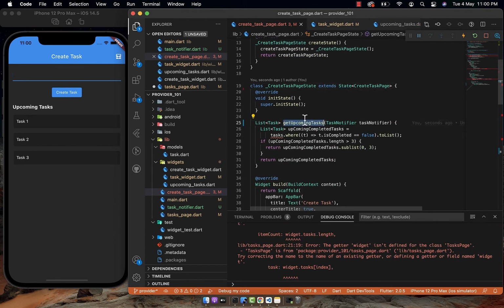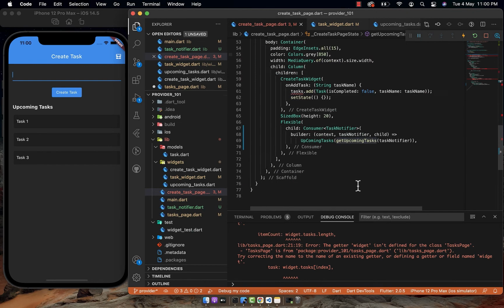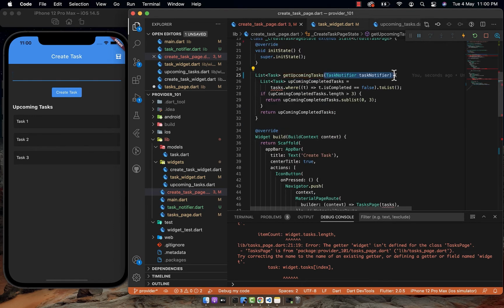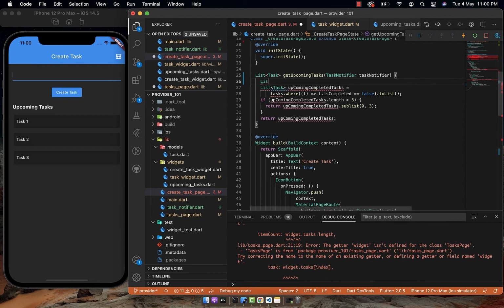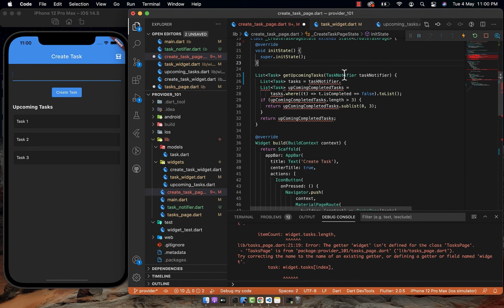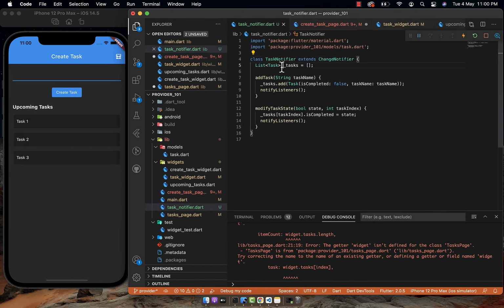We have this method here which needs to access the task list from task notifier. I have passed the task notifier from here and I am going to access it in this method. I'm gonna get the task list. So before we move ahead, I think we have made this tasks as private variable.